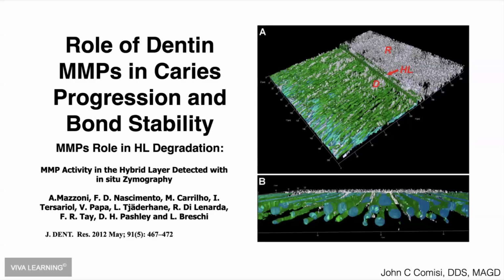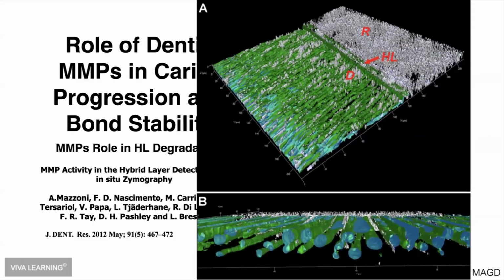At the top, you see the R in the upper aspect of the image. That's the resin. The HL is the hybrid layer, and the D is the dentin. And the green aspects are the proteolytic enzymes that are activated because of the bonding process. So that's what we're dealing with. And again, this may last 5 years, and then it'll fail. It may last 7 years, and then it'll fail. Ultimately, it is going to slowly corrupt the restoration that we're placing, direct or indirect. So there's a nice blow up of it.